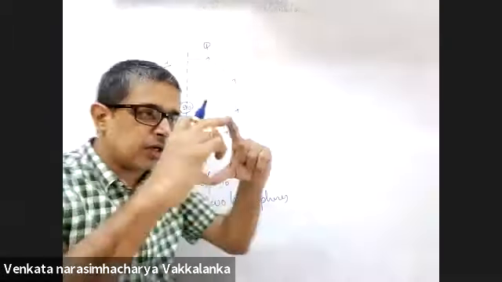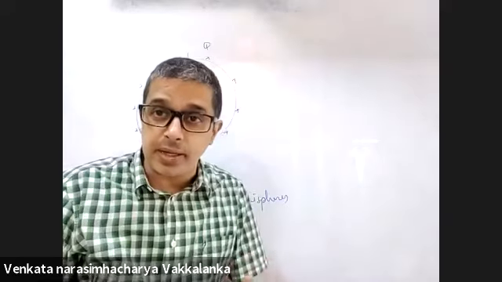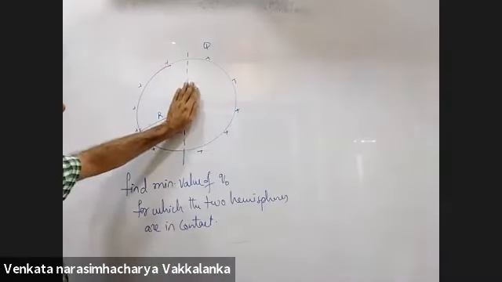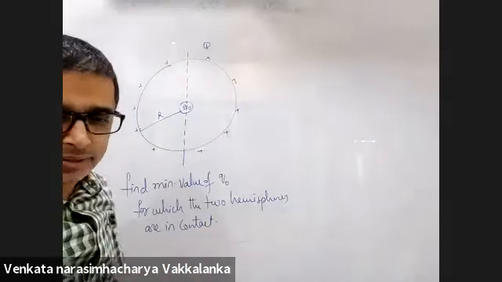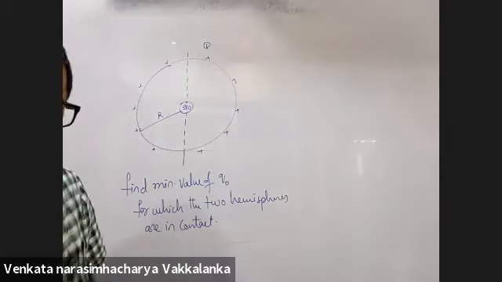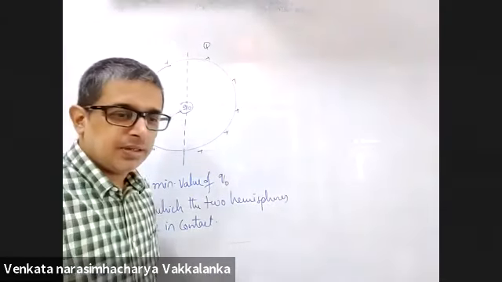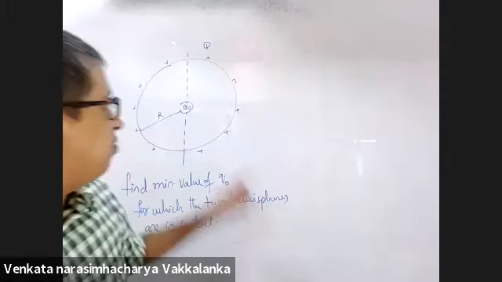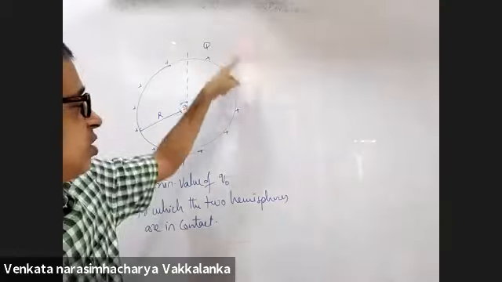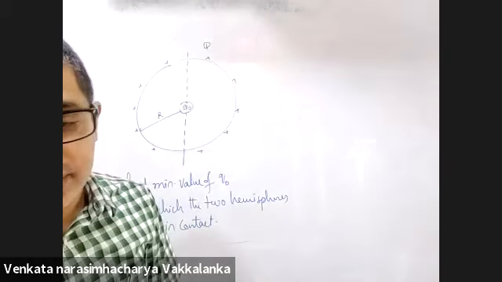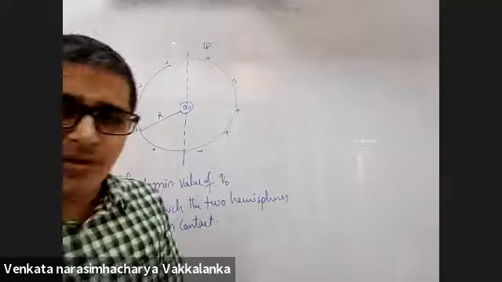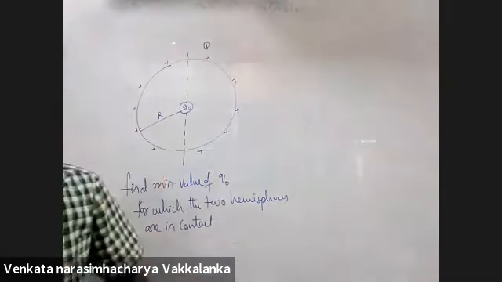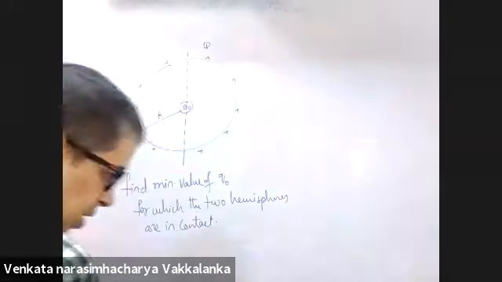The two hemispheres are not fixed mechanically. It is not one sphere. The two different hemispheres are kept in contact. If this Q naught didn't exist, the two hemispheres would fly apart. Now, what is the minimum value of the negative charge of Q naught for which the two hemispheres are in contact? Not a difficult question, because you already know the force exerted by one hemisphere on the other. Should not be difficult.